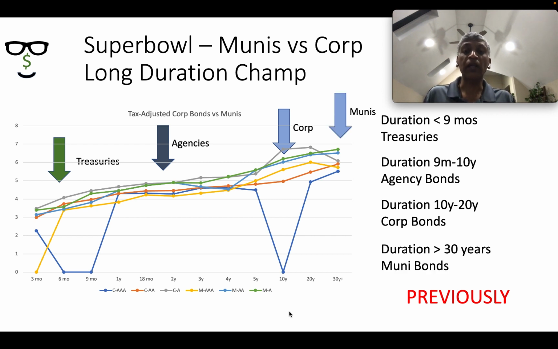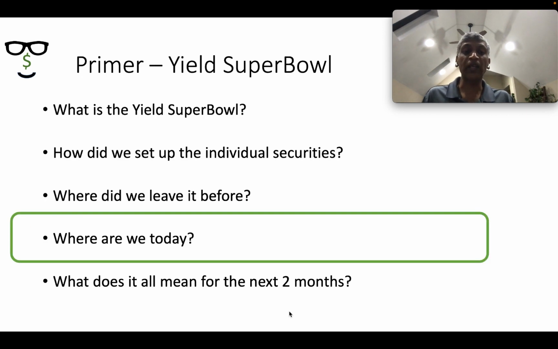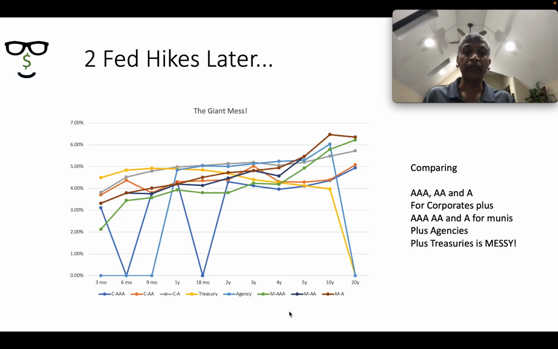And the only time munis, even at the highest tax bracket, made a dent, and this again is 8 weeks ago, was in 30 years plus. So that's the history. The question then is, where are we today, given federal rate hikes and new bonds in the market? So let's reveal the surprise for right now.